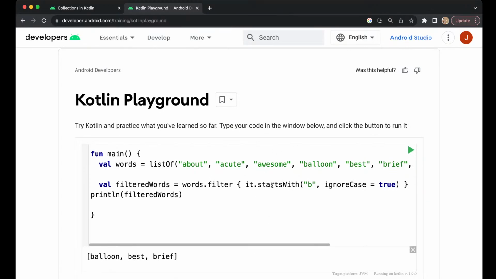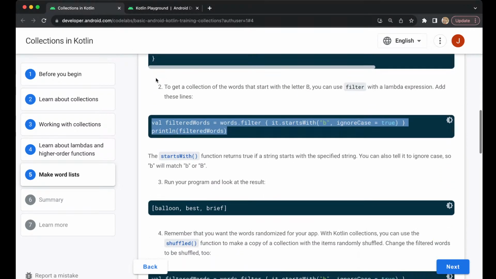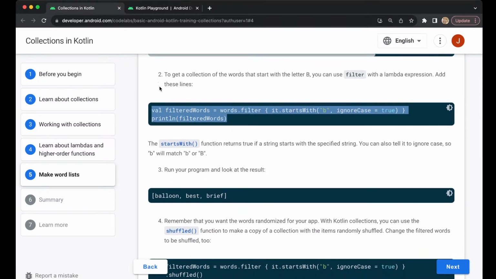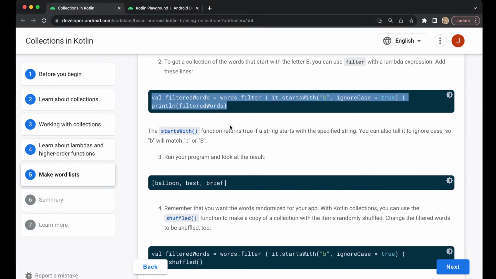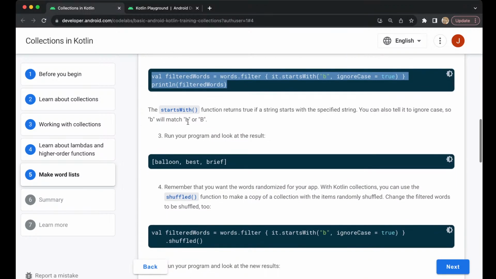Okay, so this means it is retrieving all the words that start with B. Cool. The startsWith function returns true if a string starts with a specific string. You can also tell it to ignore case, so b will match b or B. Run your program and